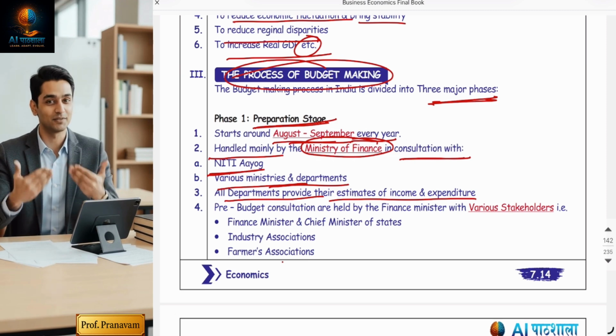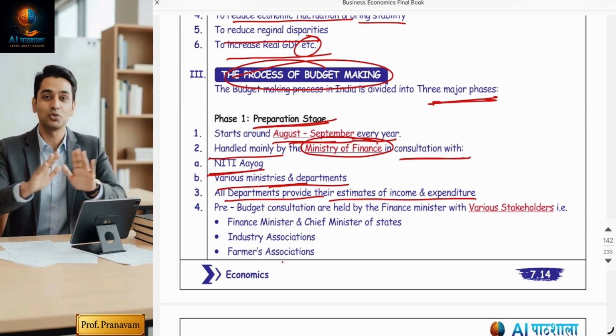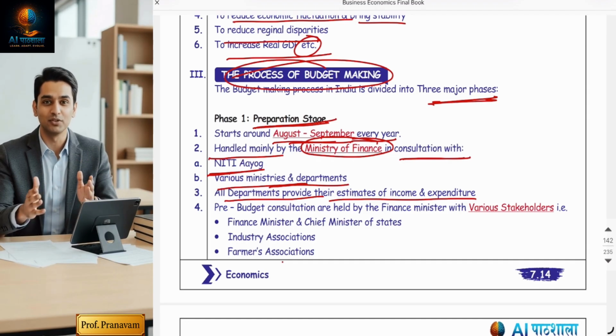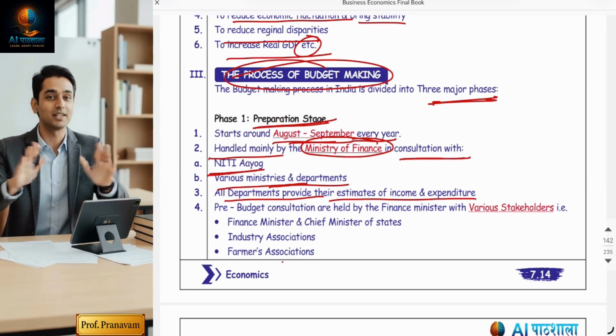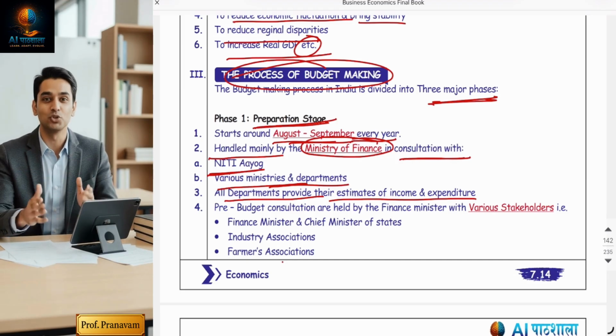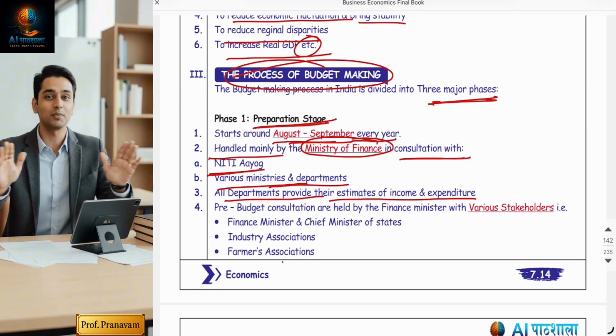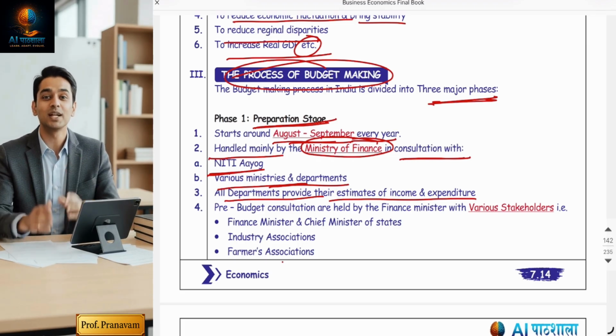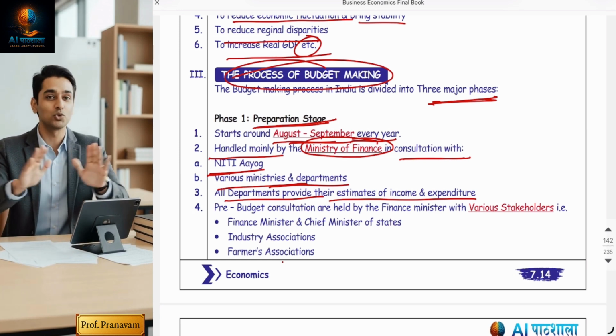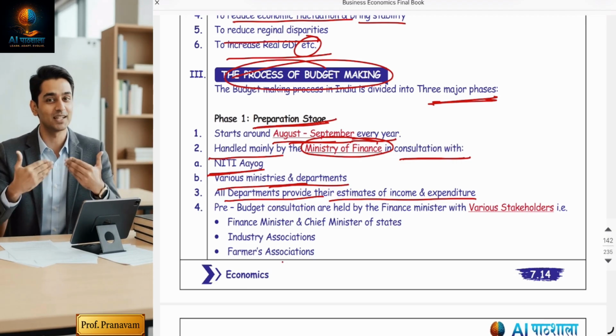Because it's a country's budget, and the country is nothing but the sum of all the states. The chief ministers send their state budgets. When all the state budgets and various independent ministries give their estimated income and expenditure for the next year, all get accumulated and then India's budget is prepared. The finance minister alone will not be able to prepare the budget. It is a budget of the entire country. Yes, the face and the head is the finance ministry.